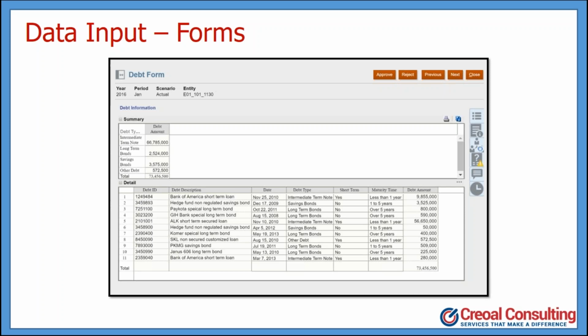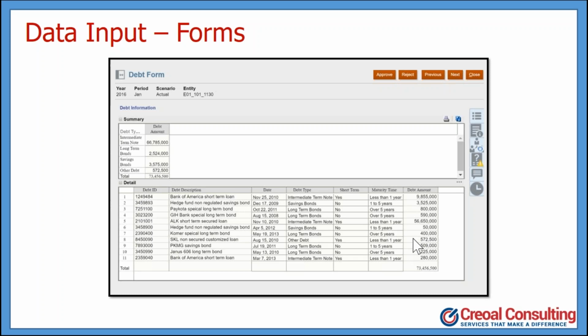It might be available on somebody's laptop in an Excel worksheet. And the goal here is to make sure that we get all of that relevant information, all of that supporting detail, and bring it into FCCS so that you have an audit trail, that you have the ability to, again, not only justify and validate the numbers, but from an auditing perspective, if anyone ever questions the numbers, you have that supporting detail. So for instance, in this particular debt form, what we've done is we've entered in all of the detail of the debt that is relevant for this particular transaction.